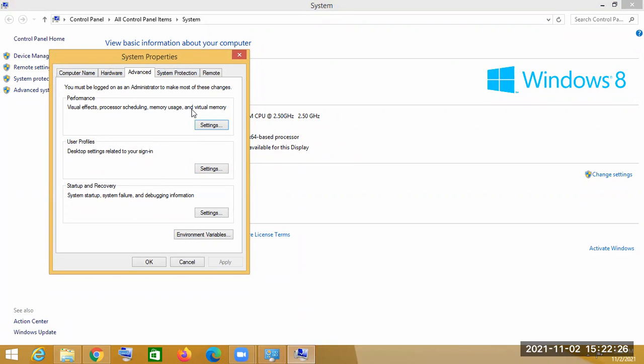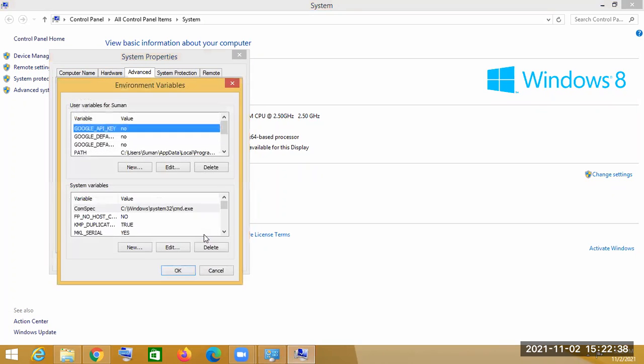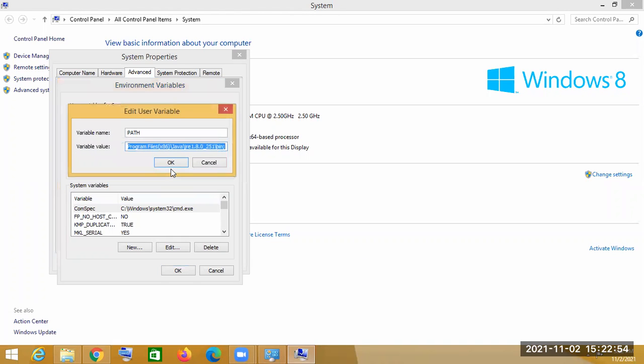Click on Environment Variables. After clicking it, you will see two sections: user variables and system variables. Here you will get a Path option. Click on Path and press Edit.